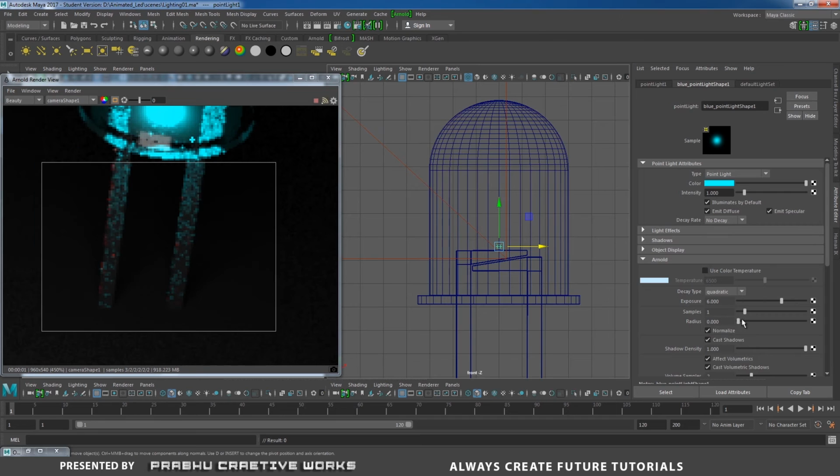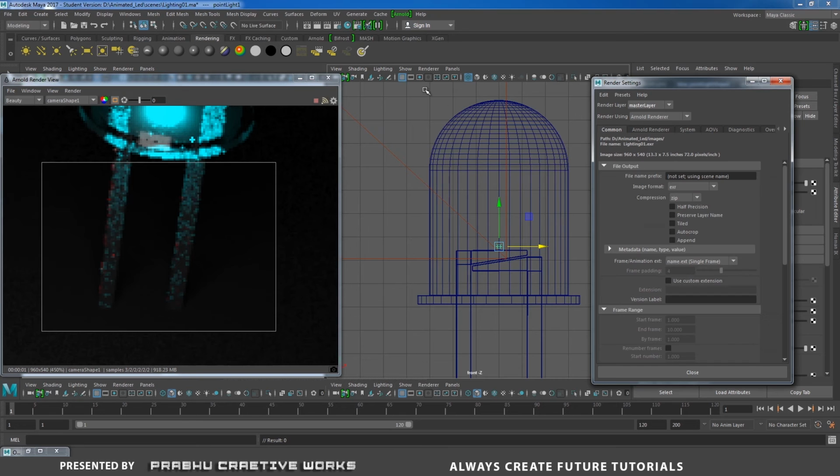I will increase my point light samples on the blue light. I will give up to 5, but it won't clean up, so I will set the samples back to 1.